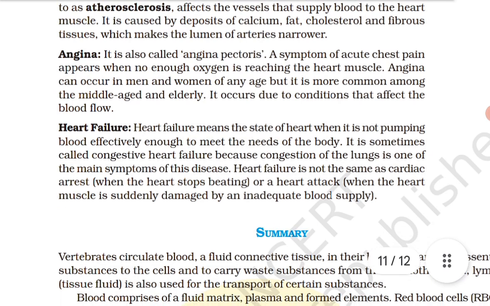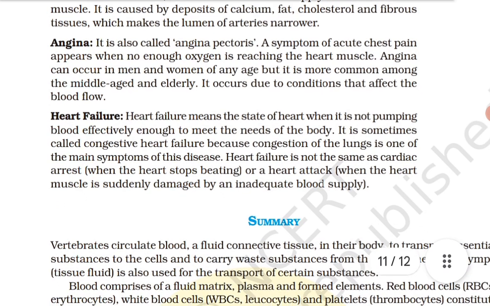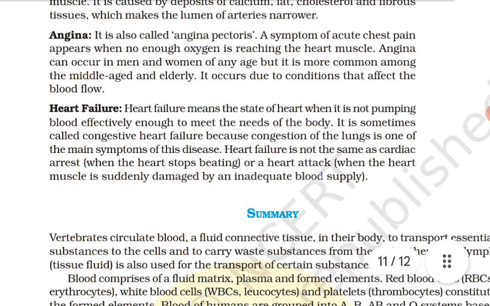It is sometimes called congestive heart failure because congestion of the lung is one of the main symptoms of this disease. Heart failure is not the same as cardiac arrest, that is when the heart stops beating, or a heart attack, when the heart muscles are suddenly damaged by an inadequate blood supply. Understood? Heart failure means the state of the heart when it is not pumping blood effectively enough to meet the needs